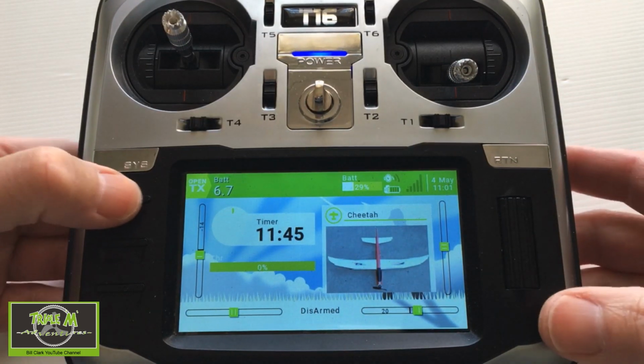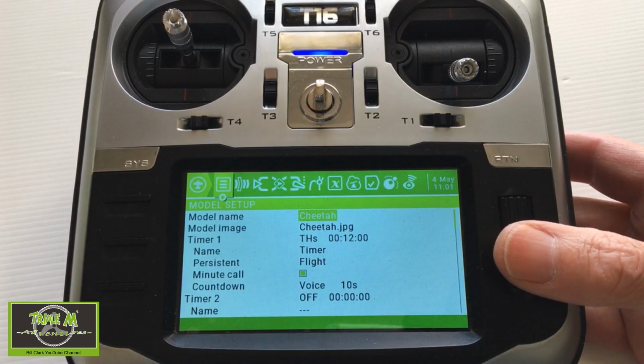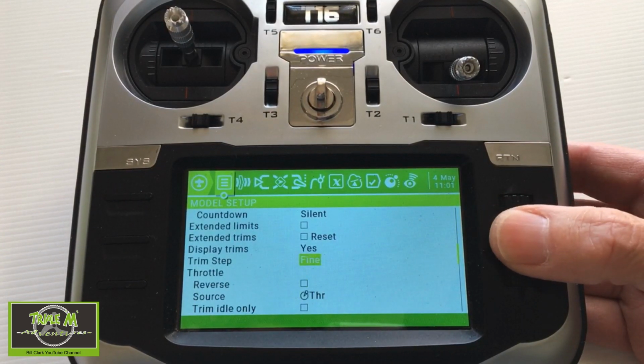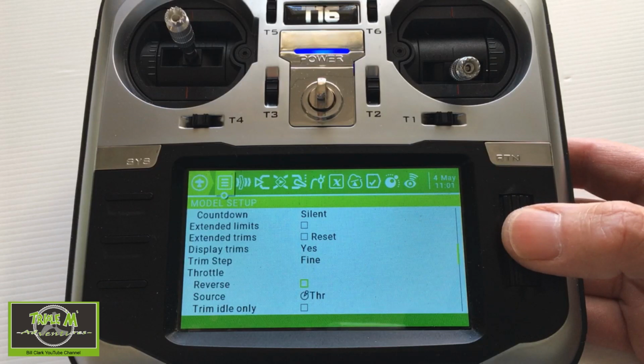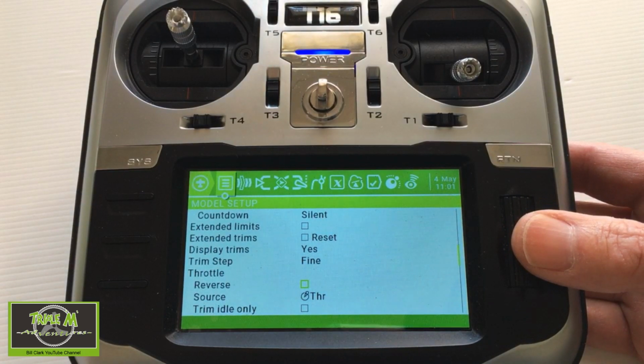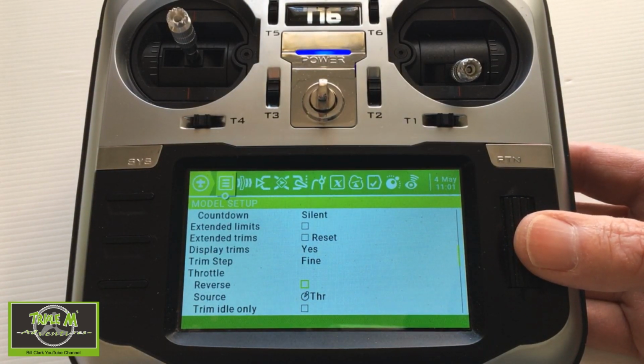Let's go back into our model setup, and now we're going to take a look at the throttle settings. Okay, throttle settings. There we go. The first option we can check is the reverse. Here we can reverse the throttle by checking this option without changing the weight from plus 100 to minus 100